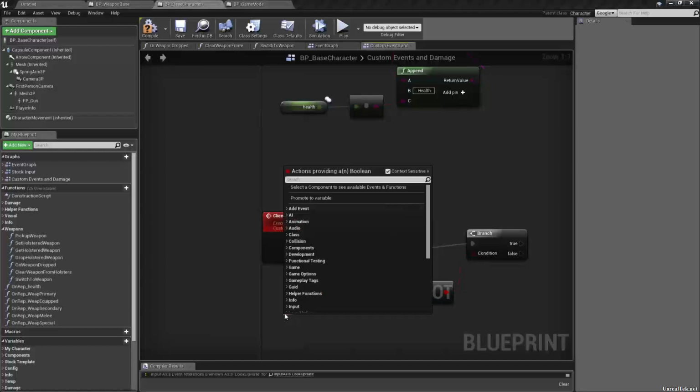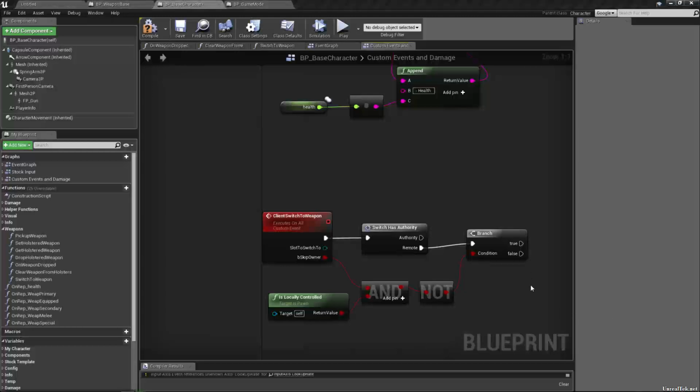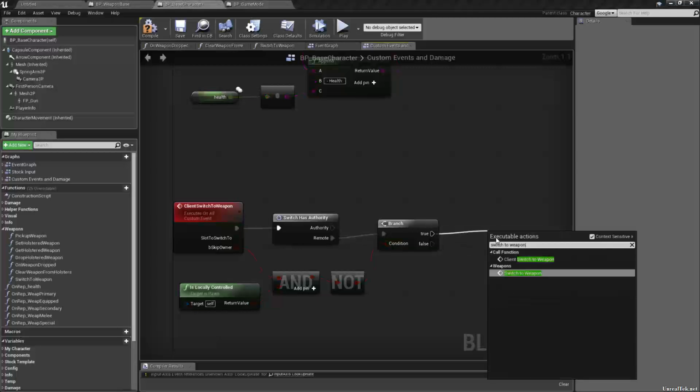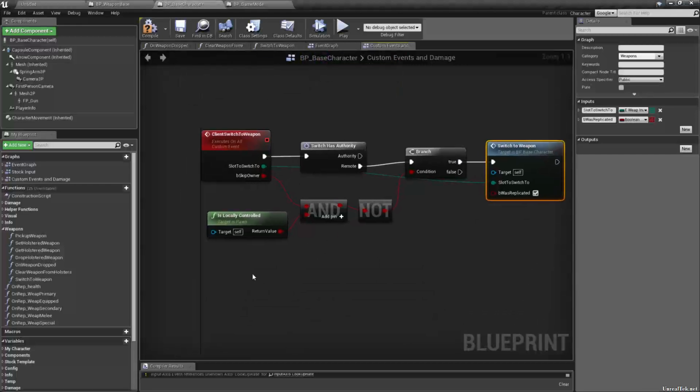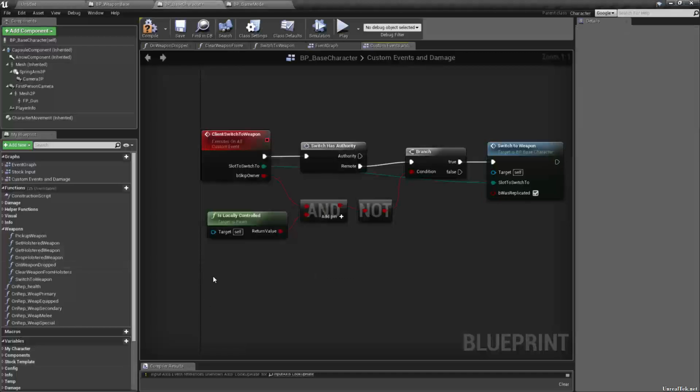We want to check if they're locally controlled. Is locally controlled, since it's client, not server. If true, then we switch to weapon. We call the actual function, and the slot to switch to plugs into there, and B was replicated is true. And while we're here, we might as well just do the server real quick, even though we don't need it right now. We'll just do the servers, or gosh, I gotta